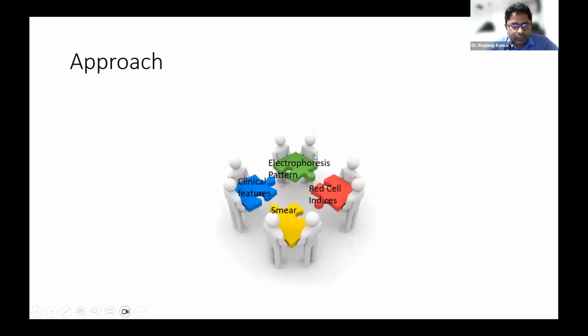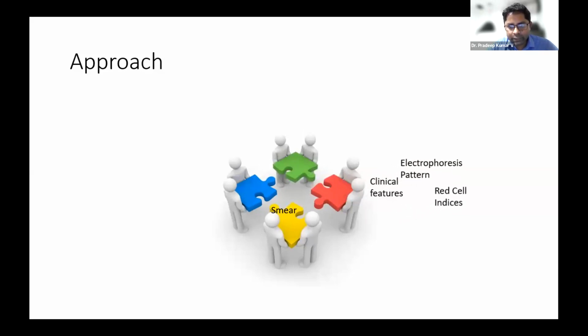So all in all, the clinical picture is actually very important. We just had a case where clinically they were thinking in terms of thal major, but none of the initial lab studies looked like that because of the transfusion. We have to look at the electrophoresis pattern very carefully. We have to take support from the red cell indices. And of course, we should never forget to see the smear. Unless all these three are there,